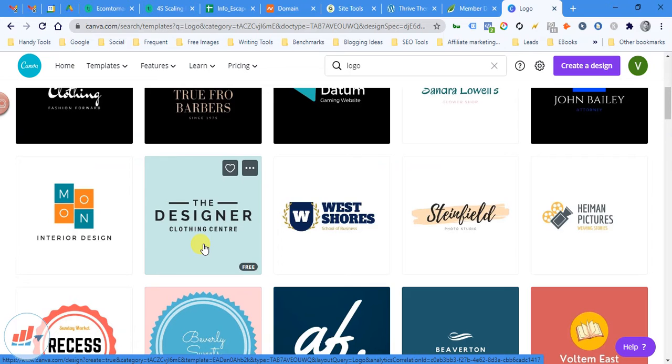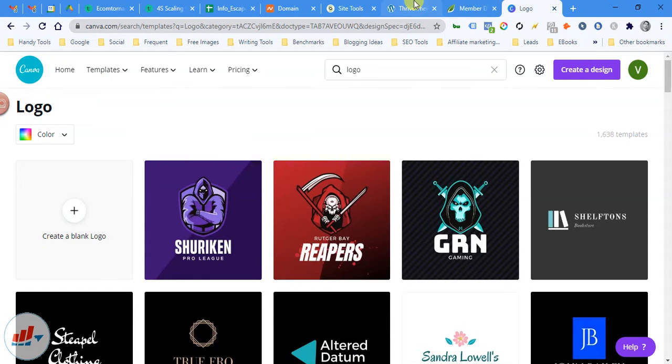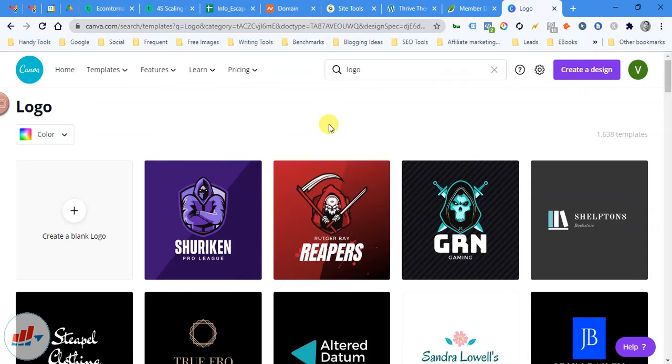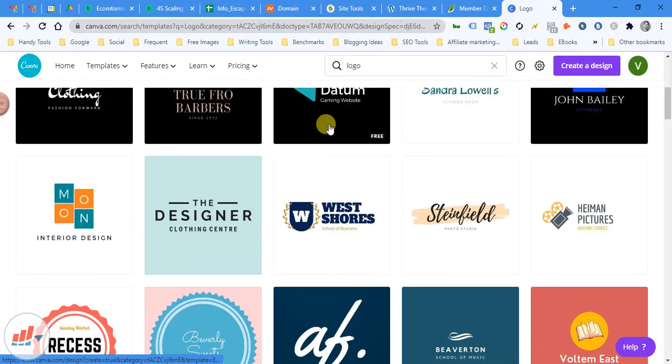Okay, since we don't have any logo ready for this brand, we can create a dummy logo using Canva. So we can choose any of the options here.